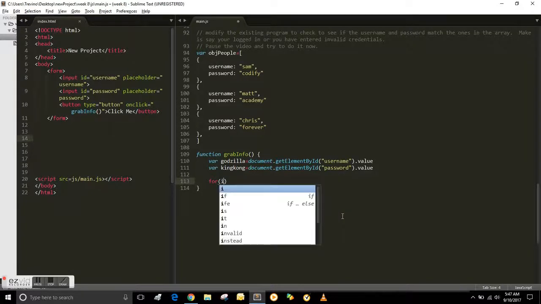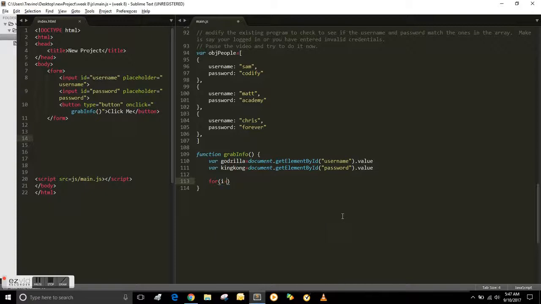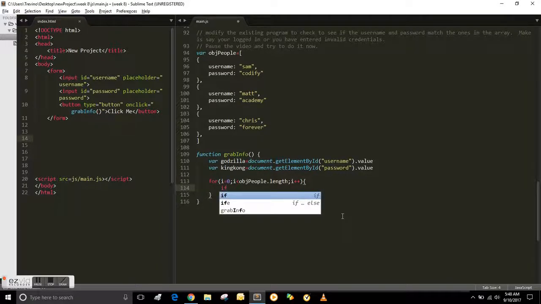Alright, so we're back now, and of course we wanted to loop through the array. So we're going to start the for loop there. For i is equal to 0, i is less than object.people.length, of course, so we loop through the array, and then i plus plus. So we want to say if,